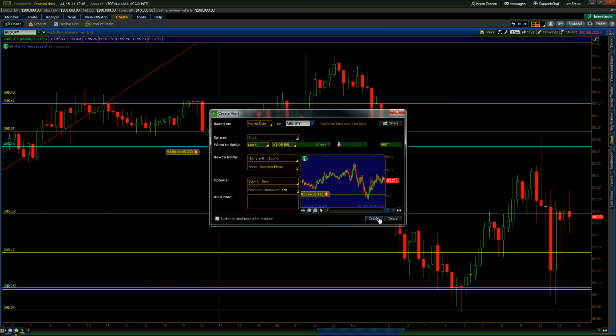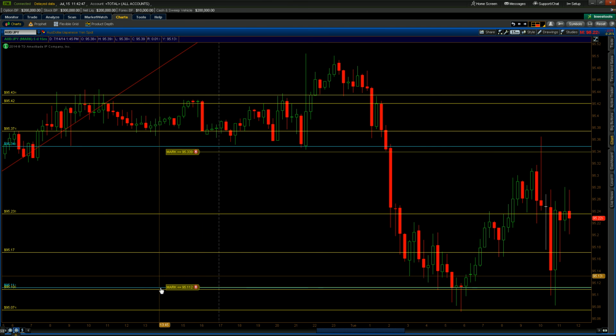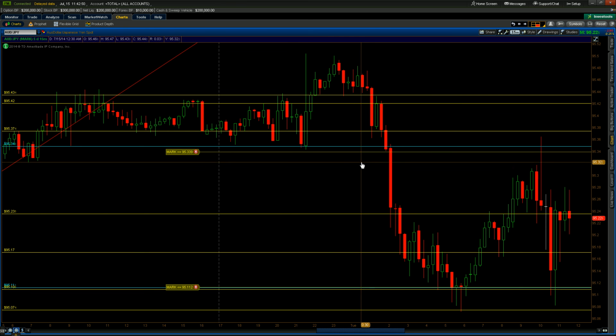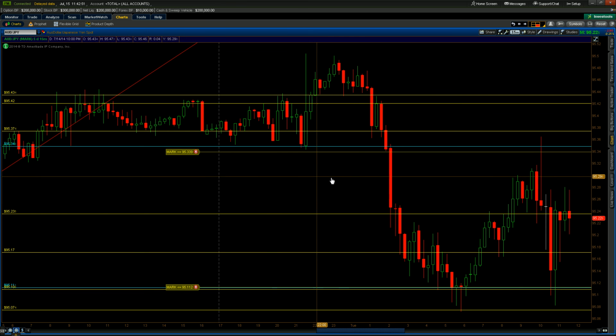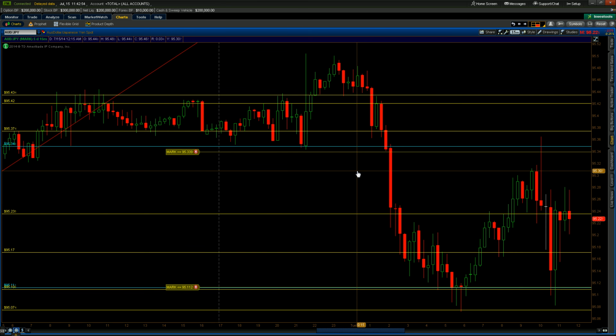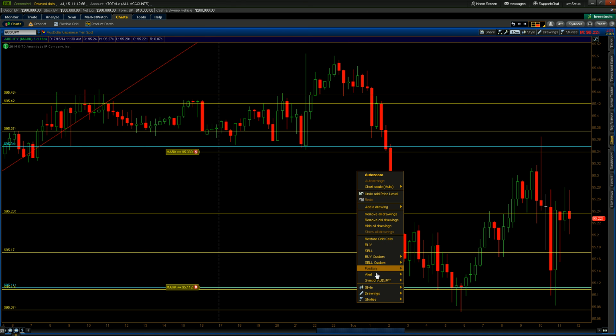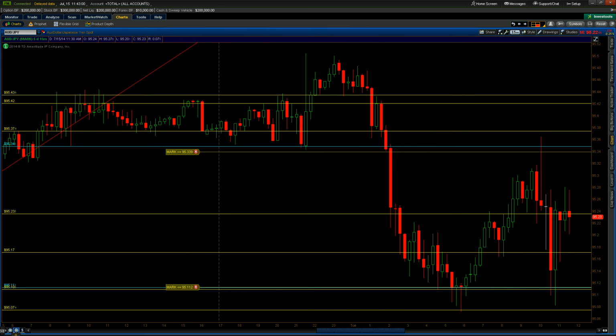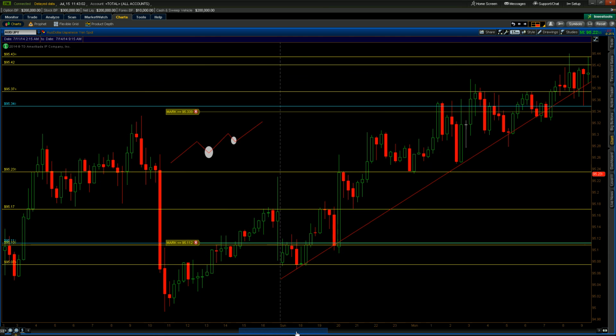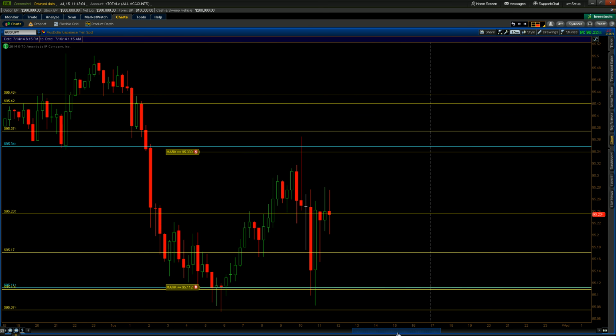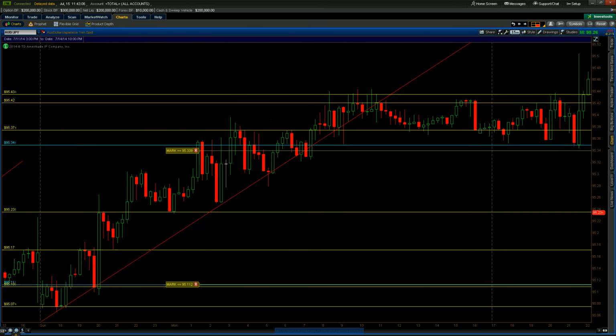And then you press create, and then this tag will appear. Now you don't need a line. What you can also do is right click at the area you want to put a line. Let's say you want to put a line right here. Right click and you go to alert, and then you do the same thing. Press mark or bid or whatever it is. And that's basically it. This is Monday's analysis of the markets for AUD, JPY,